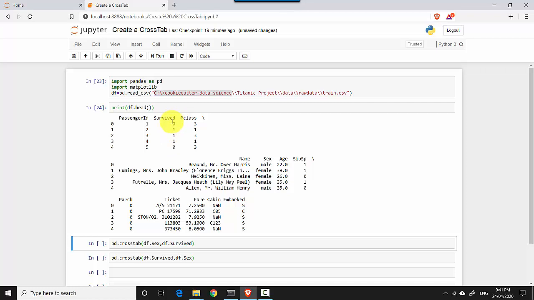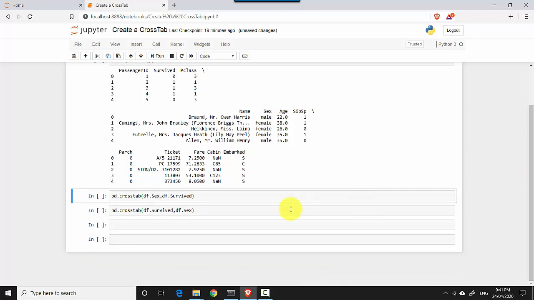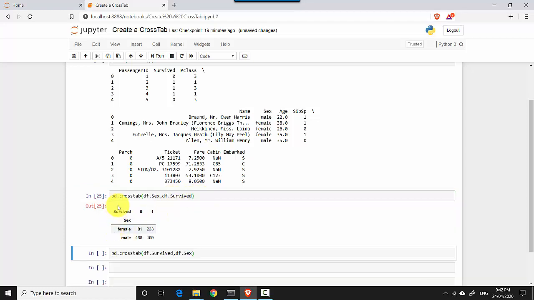So let's see, I want to see the survival by gender. So how do I do that? It's pretty hard to sum it up just by looking at it. But what you can do is you can say pd. pd is the pandas library, and then I'm saying pd.crosstab and I'm passing the data frame dot gender column name and df.survived. So if I hit Shift Enter, it tells me that